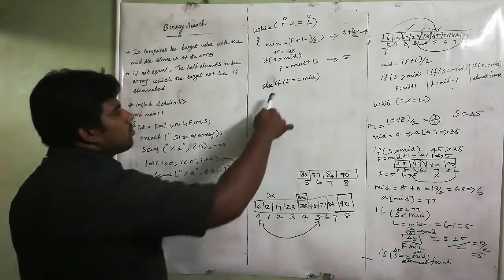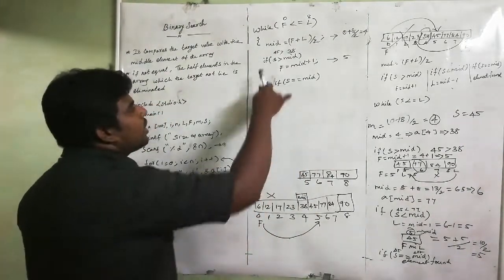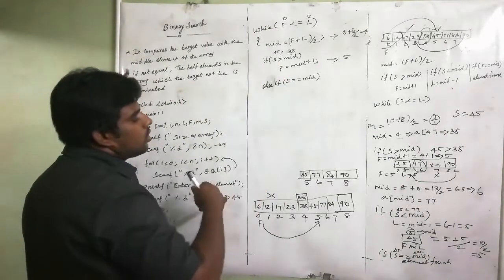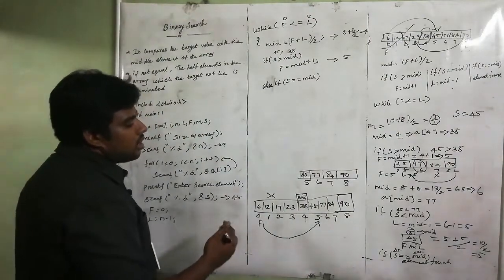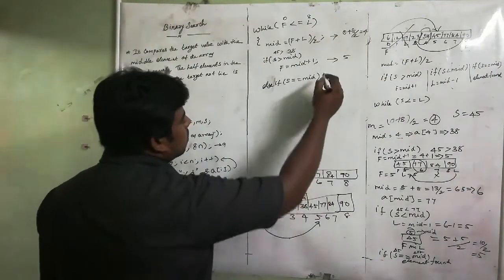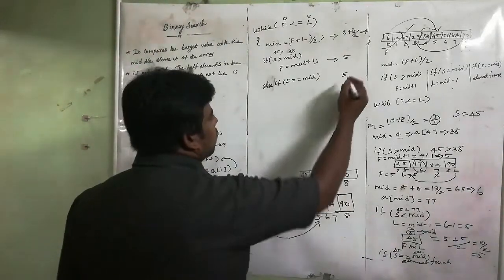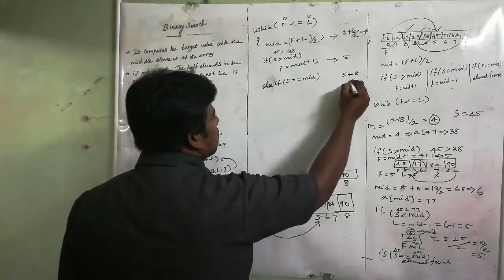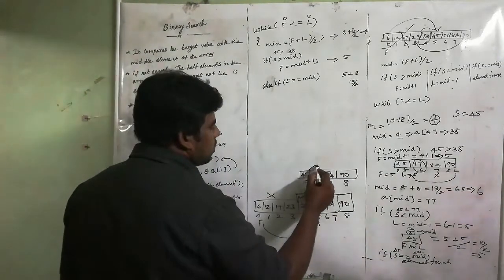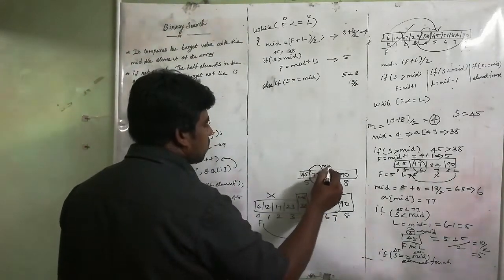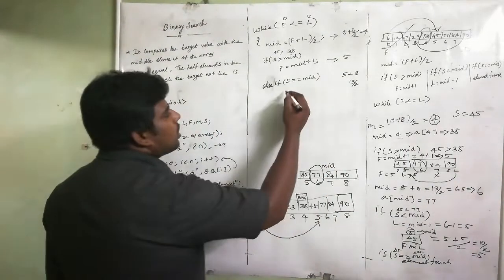So now s equal to mid, again it will calculate the mid, right? If this condition is false, it will come here. So s equal to mid, again condition is false. Now what is mid? Now first 5 plus 8, 13 divided by 2, you will get 6.5. Now this is the mid. So condition false, s equal to mid, condition is false.